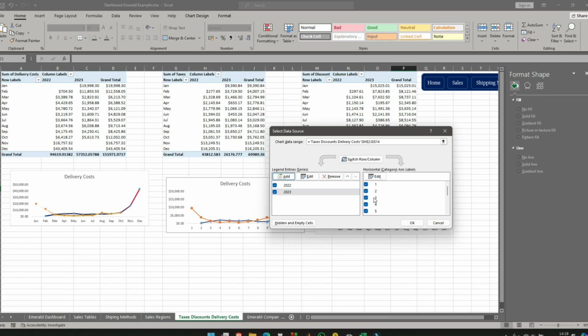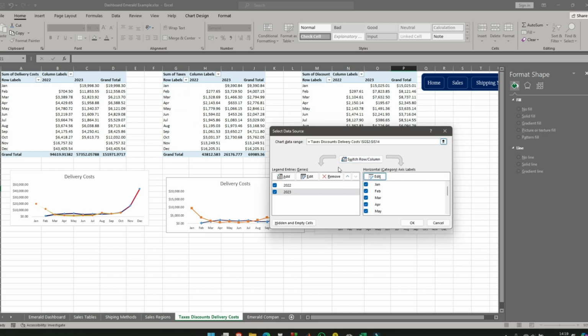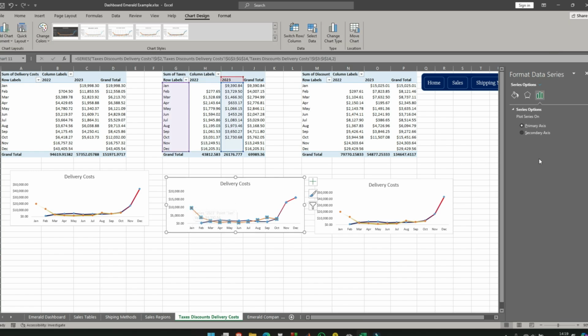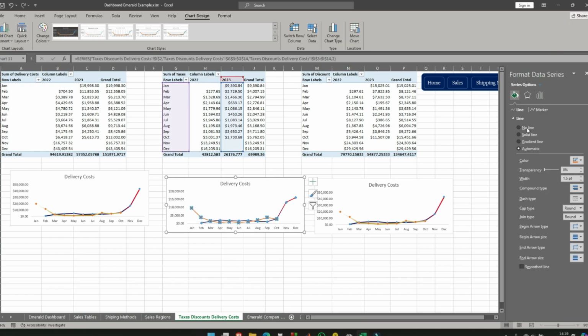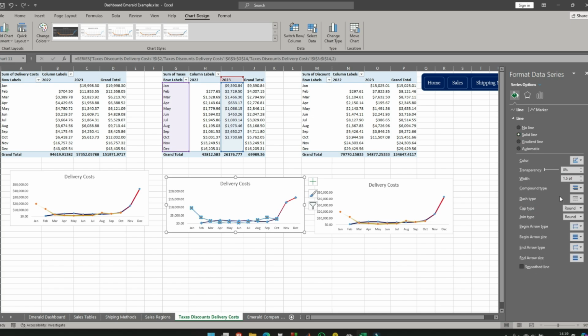Then edit these, so start from January to December. Click OK. Click OK. Then I'll change this format to gradient line. Okay, let me use solid line for all. So the solid line, I want it to be, I'll use this,